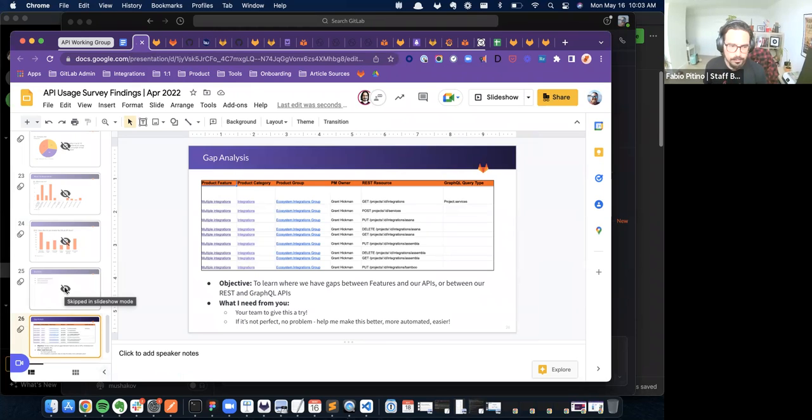Are we going to create issues for each group to go through the API endpoints that they maintain and are responsible for? Or, because I'm assuming we could do this work and spread the workload among the members of this working group, it might be more efficient or more accurate if we get the DRIs of each API endpoint to go through them.